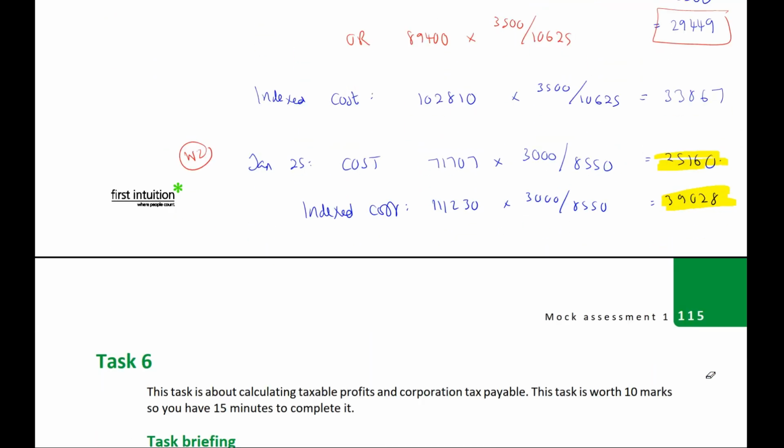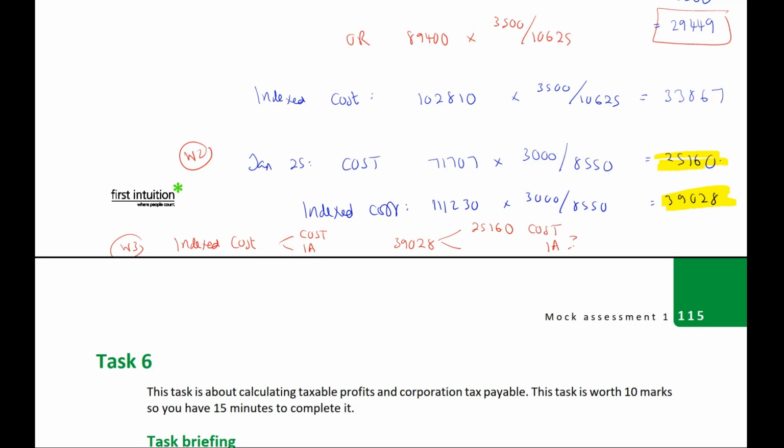One last little working. Let's call it working 3. As we know, the index cost is made up of two things. It's the cost and the indexation allowance together. So if the index cost is 39,028 and the cost part of that is 25,170,